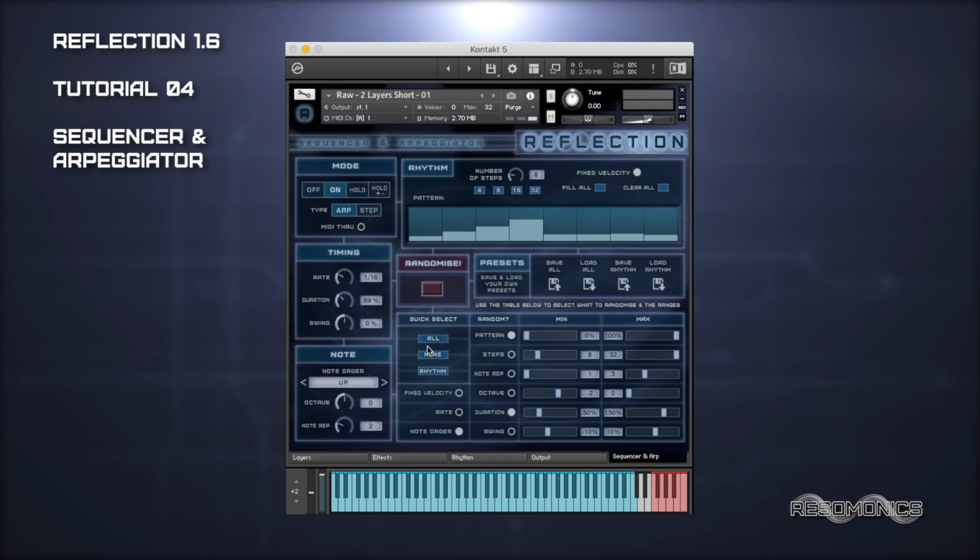Now we've also got these quick select buttons here. If I want to randomize everything, I can just click on all. Everything will be randomized. If I want to clear everything, I can just click clear. Or if I click rhythm, it will just randomize the fixed velocity, the table, and the number of steps. So if we go for everything,